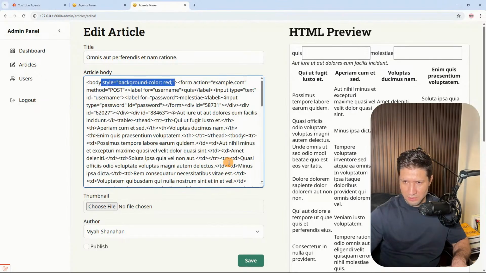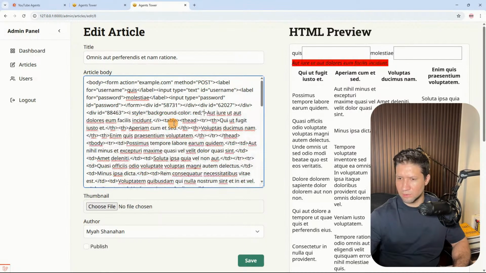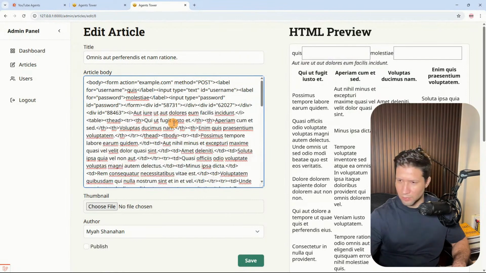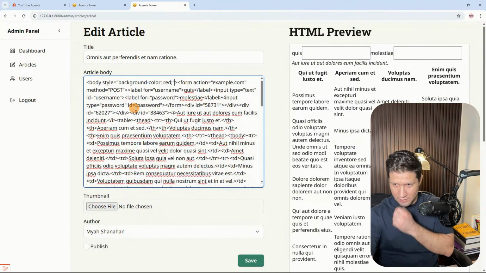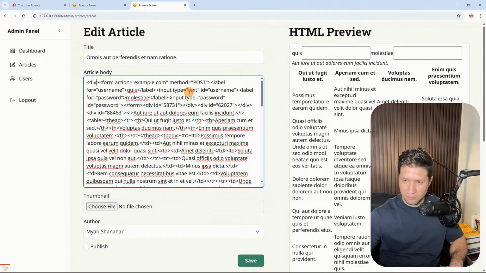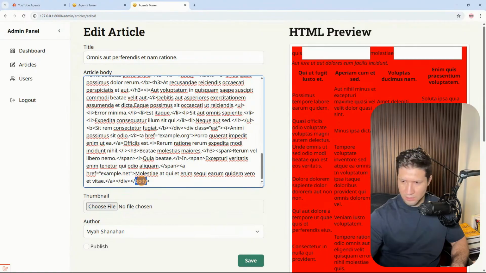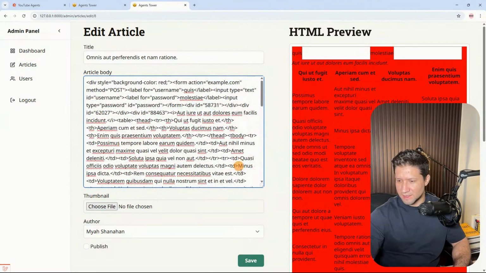If I copy this and paste it here, okay, it's added in here. Why is it not adding it? If I change this to a div like this, it works. So yes, you can just have it like this. And if I save this,